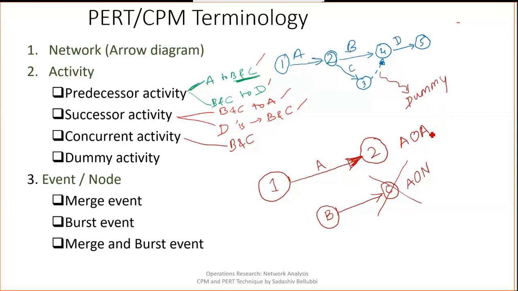Activity on arrow diagram. So whatever I draw, node numbers will be given in the circle. Next, the network will be drawn with that arrow mark, and the finishing node will be drawn, and the activity will be written exactly in the middle of the arrow mark. Do not write the activity below this arrow mark, because the name itself is activity on arrow. That's why I'll concentrate only on the arrow mark.